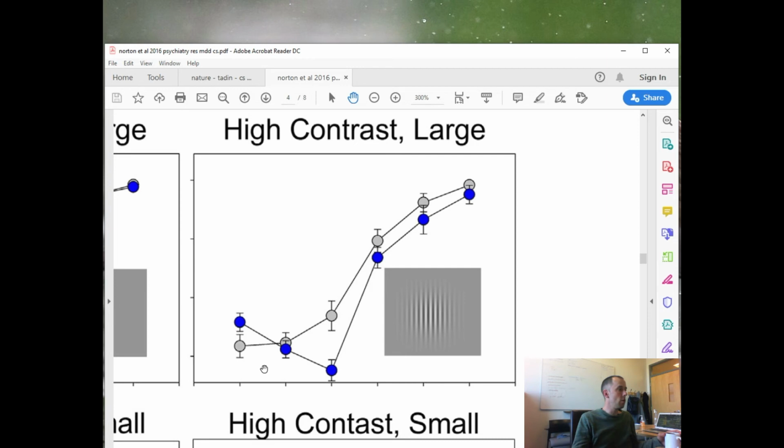And so you see that healthy controls are going up with longer presentation times, and so are people with depression, but they are actually kind of skewing down here. Let's think about it this way. If you look at this graph, do people with depression have more or less center surround suppression than healthy controls? Well, if they had less center surround suppression, they would actually do better